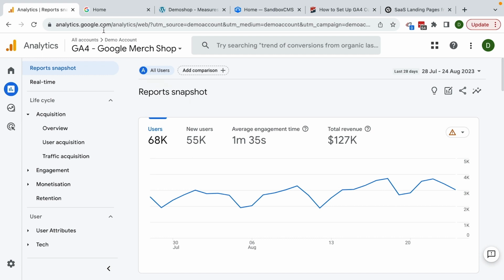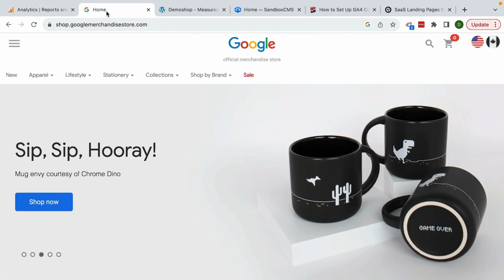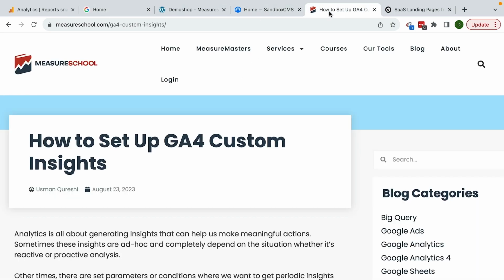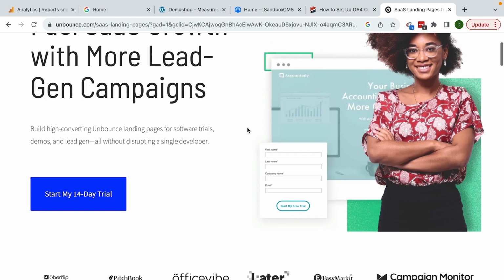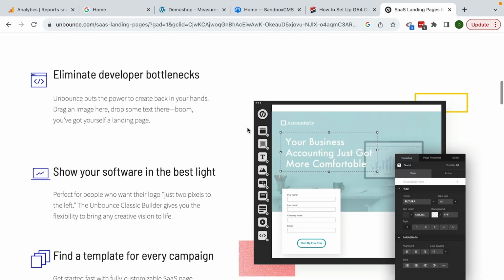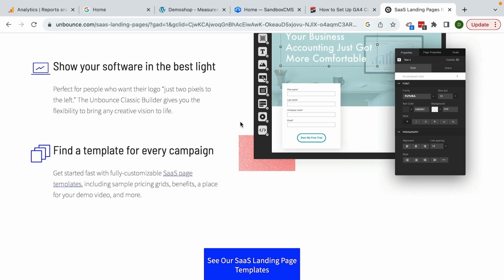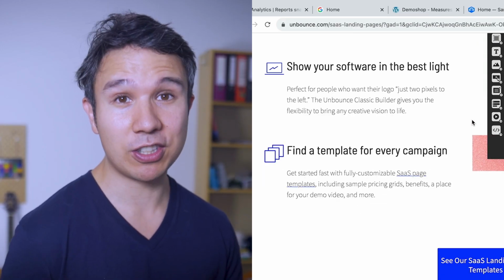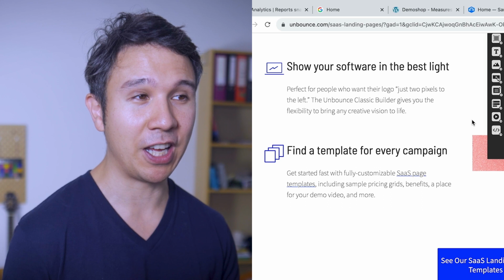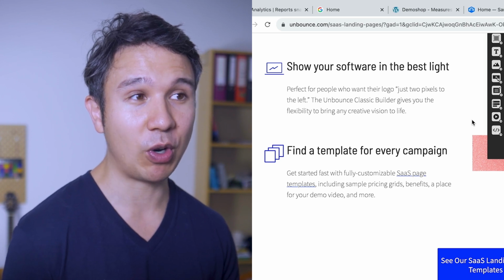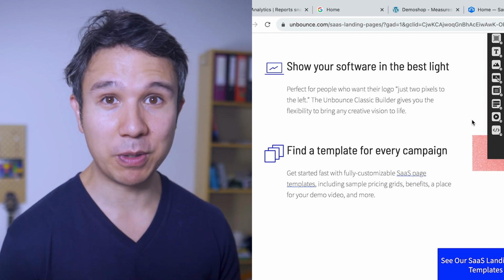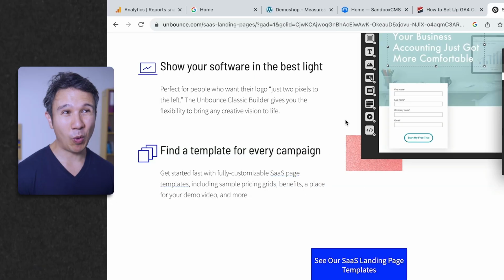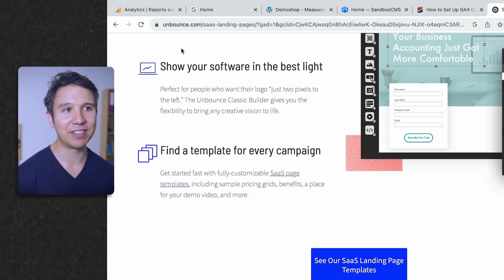Well, if you are an online store owner, just like the Google Merchandise Store, or you have a blog and people are reading your blog regularly, or you have a SaaS business and you want people to sign up to your tool, then you probably have decisions to make. What kind of decisions? Well, decisions about whether you should put in a new design or change something around on your website. And in order to know what kind of things you could be doing and how you can be optimizing them,